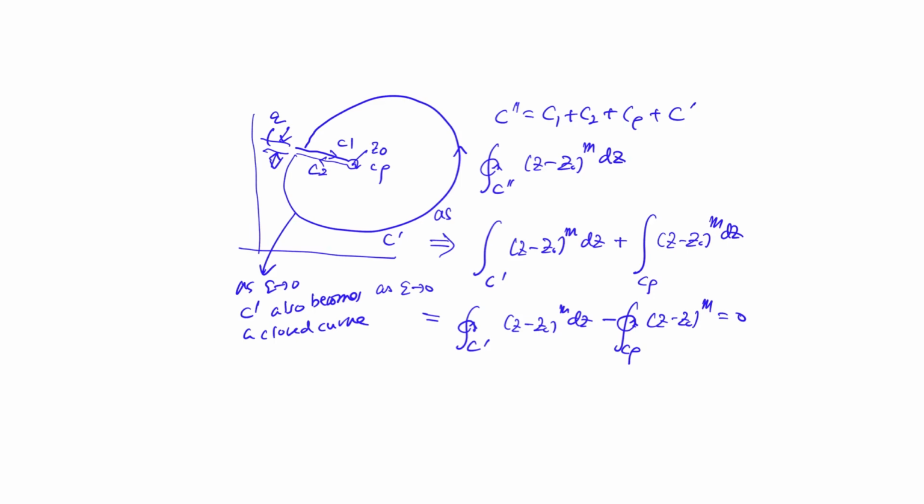But this is a circle, and C prime becomes C, right? If epsilon goes to 0, from C and